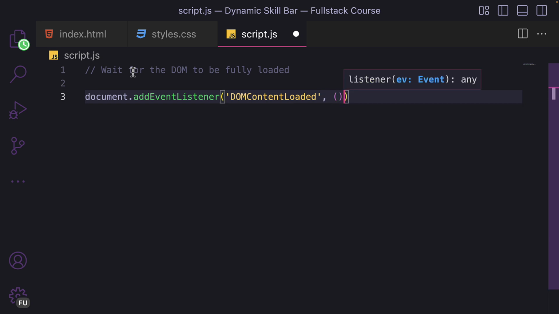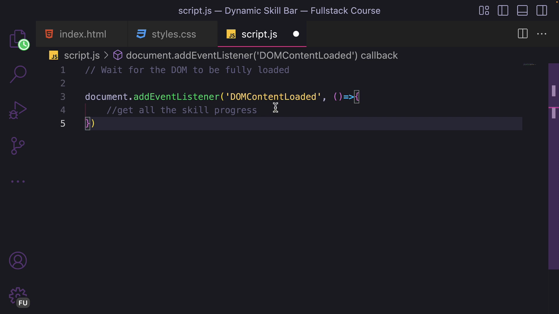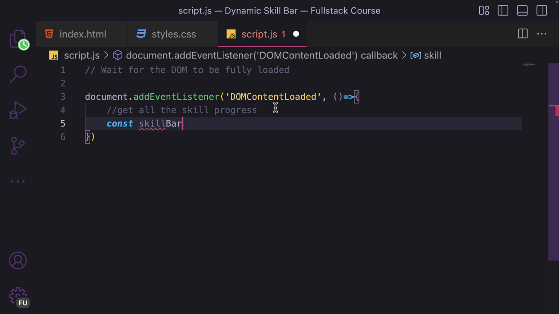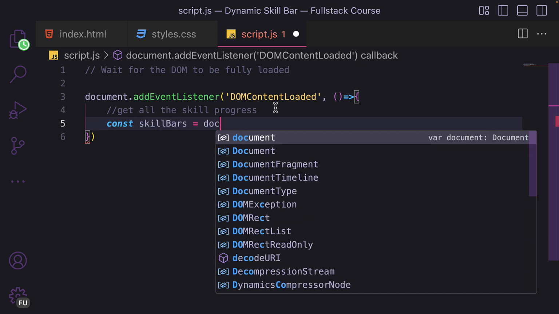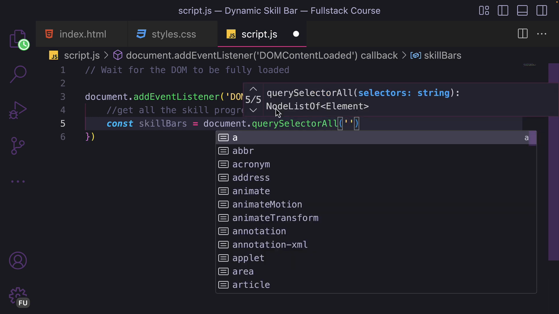And then I'm going to use an arrow function as the callback function. So in here, you're going to get all the scale progress. And to do that, you're going to use what is called querySelectorAll. So here, const scaleBars is equal to document.querySelectorAll, and then I'm going to pass